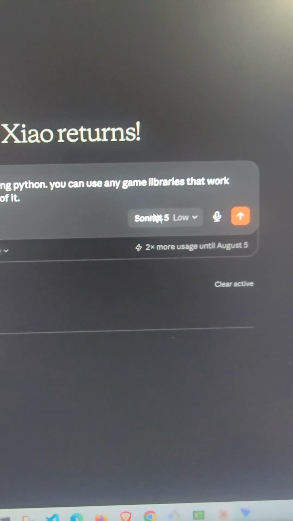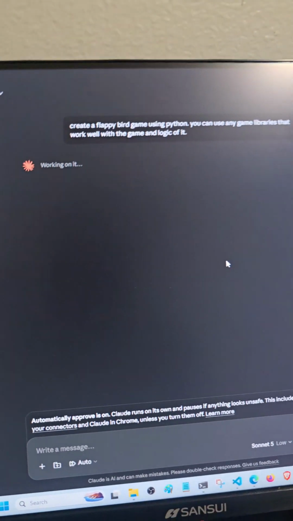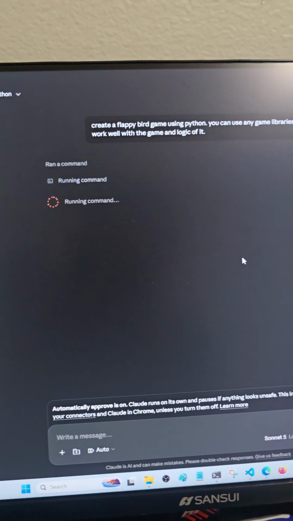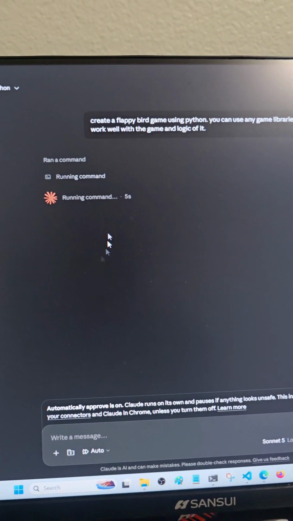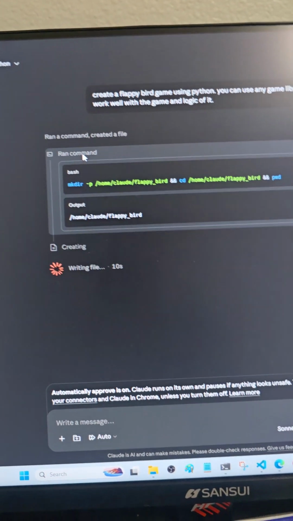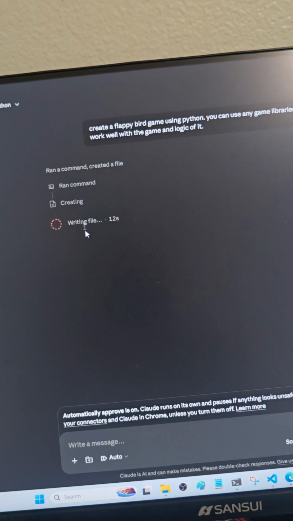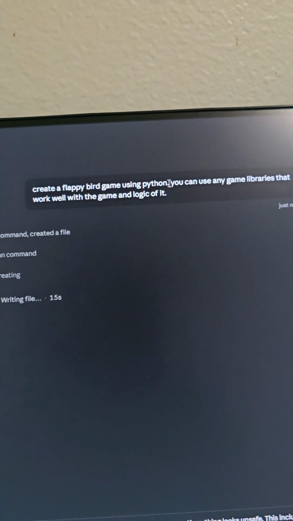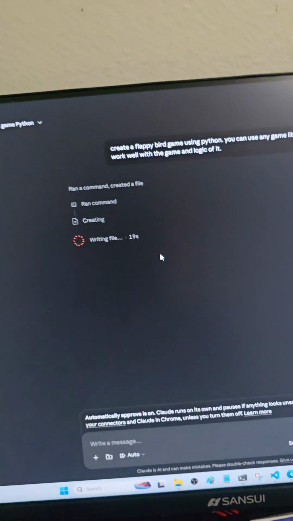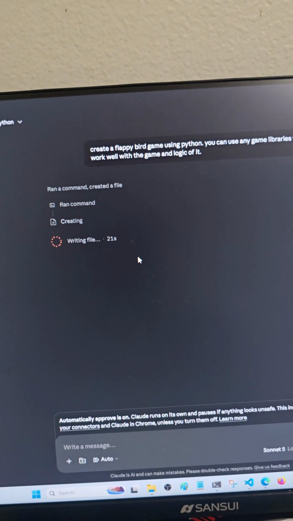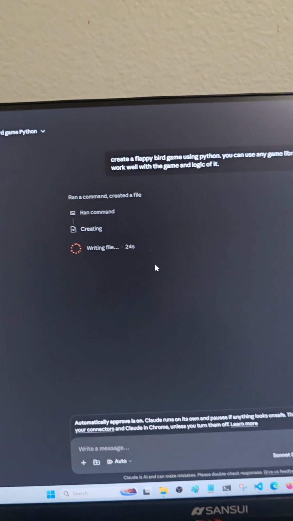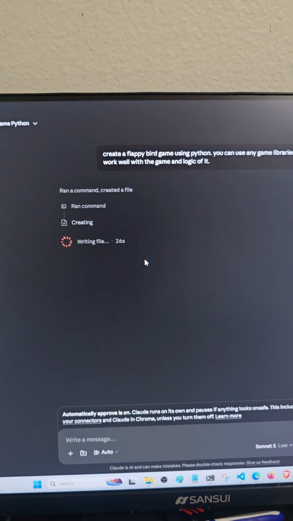All right, so as you see here, it is on the lower effort, and this is using Opus 5. So let's see what happens. If it actually creates this game for us, it's gonna be very good. Oh, okay, doing some commands, and this is also running on low effort, so it might just give us something very ugly. I'm also saying to use Python, which is not a gaming script. Python is not for creating games.